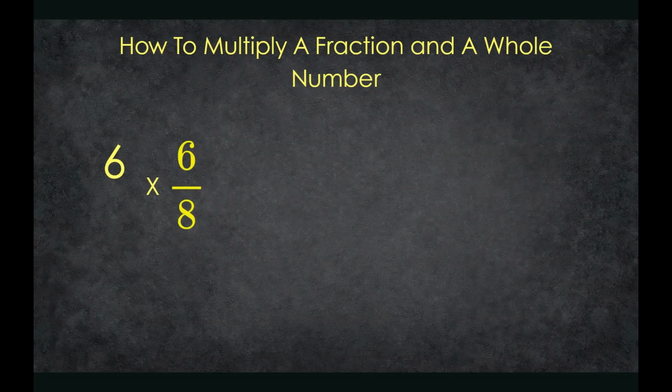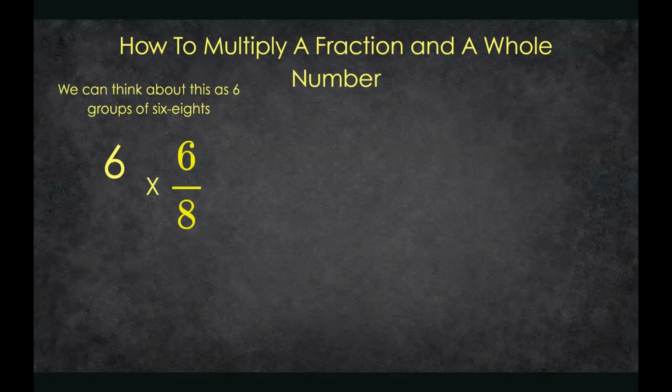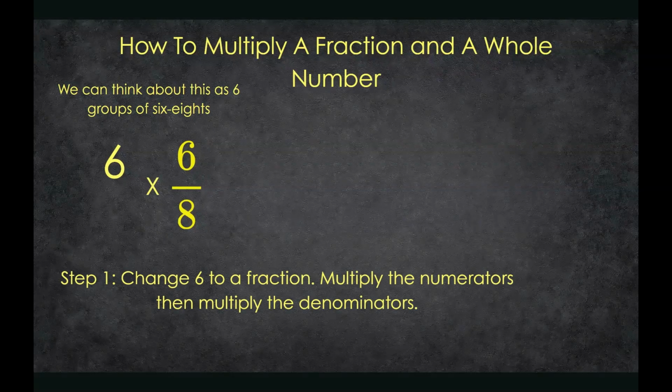6 times 6/8. So again, I want to think about this. I have 6 groups of 6/8. So the first thing I'm going to do is change the 6 to a fraction by adding a 1 underneath it. Then I'm going to multiply the numerators. 6 times 6. That'll give me 36. And then I'm going to multiply the denominators. 1 times 8. That's going to give me 8. So my fraction is going to be